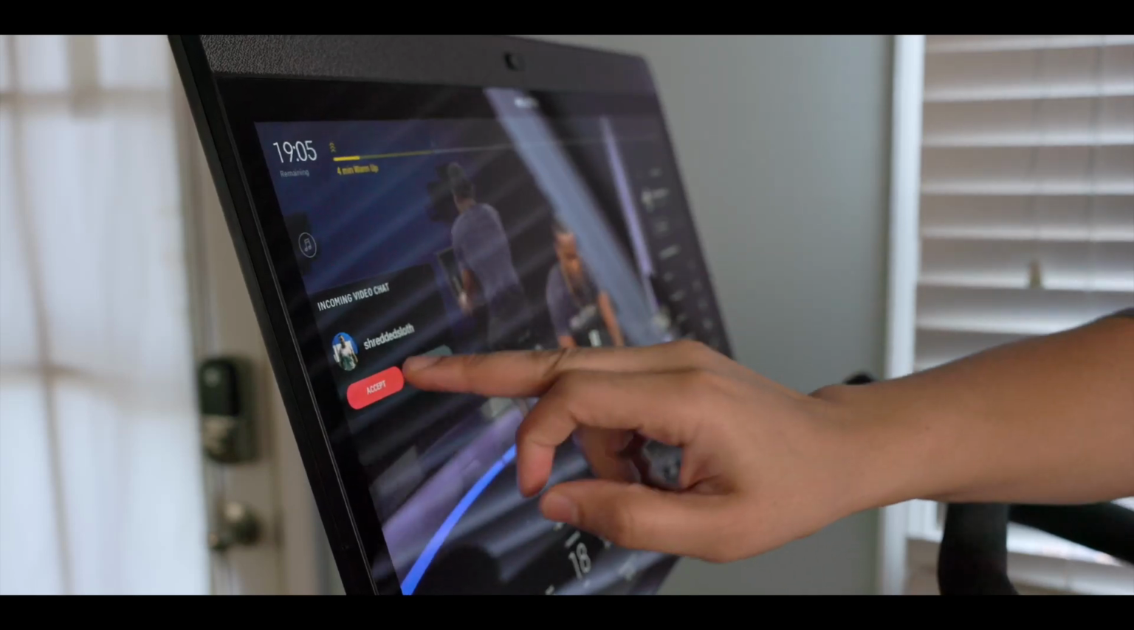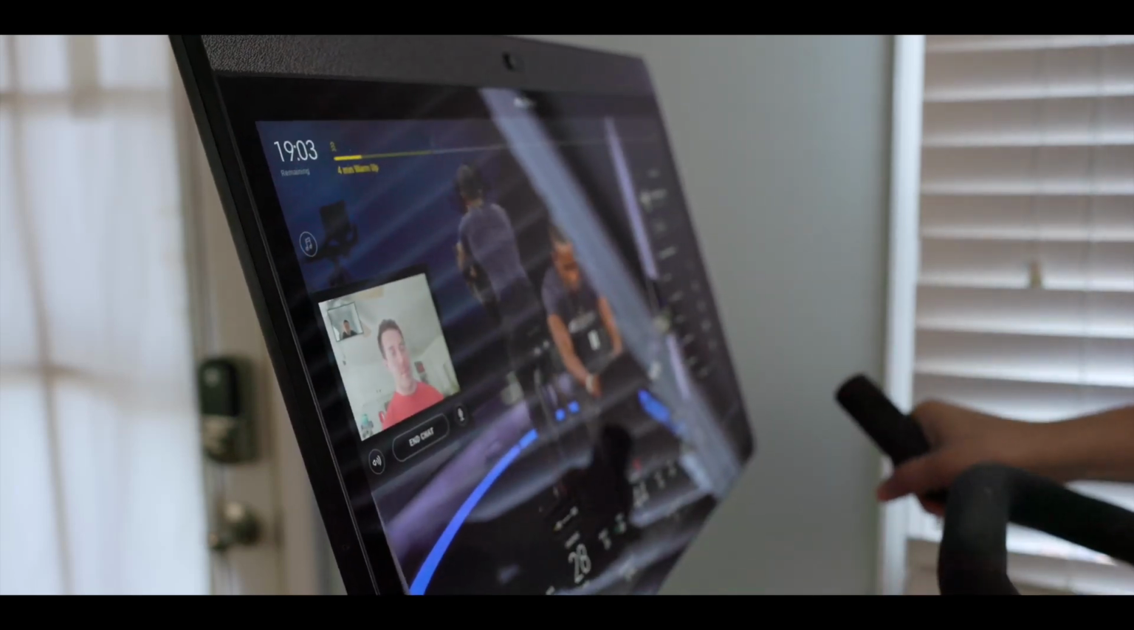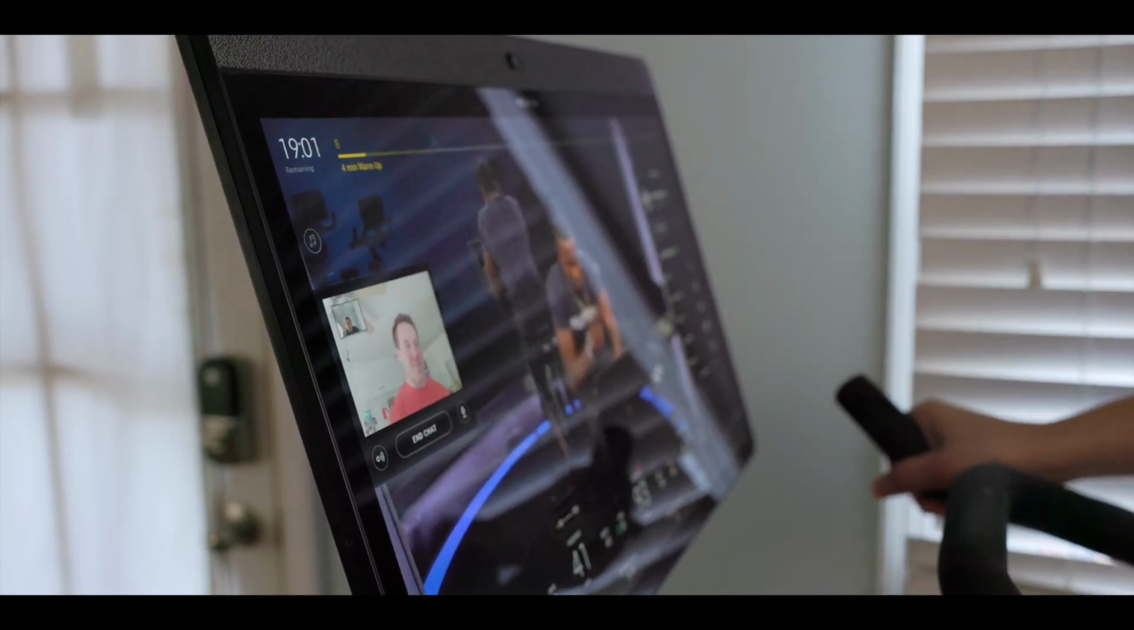Today we are going to review how to set up a video chat call step by step during a Peloton